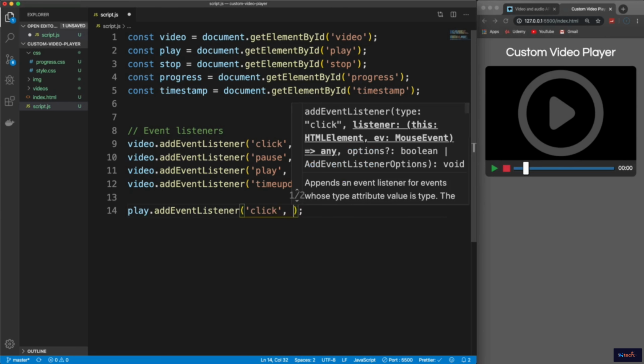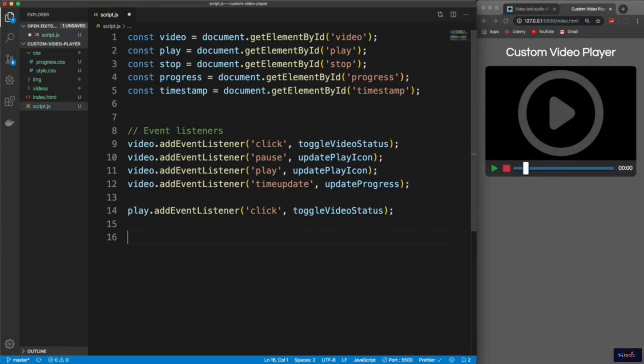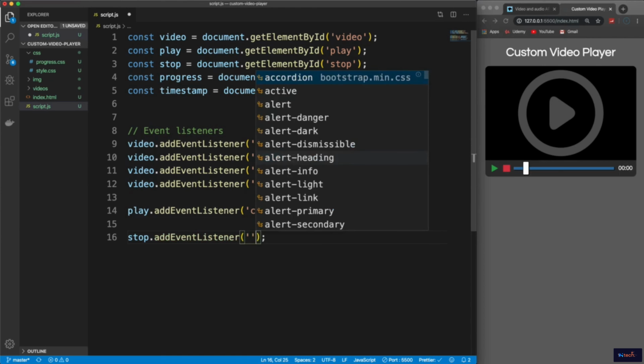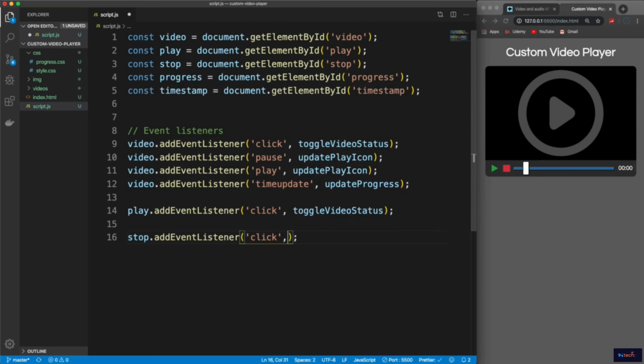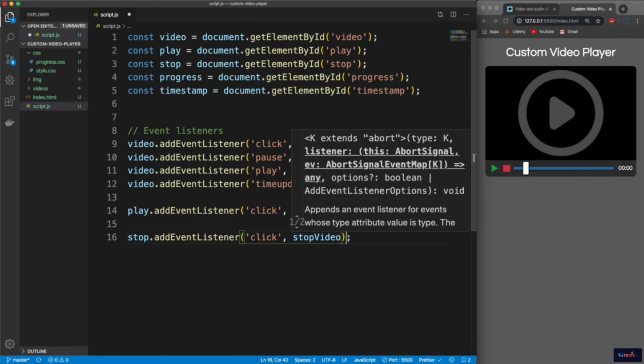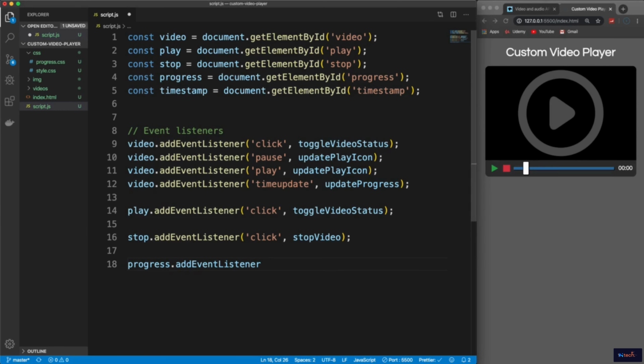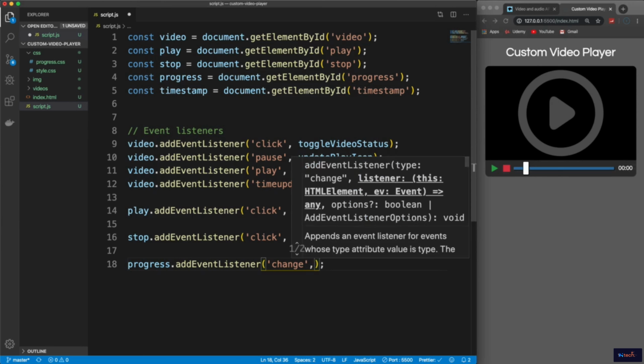So click event, and it's going to call that toggle video status. And then the stop button will have a click event, and that's going to call a function called stop video. And then finally the progress is going to have a change event, because remember it's a range input, so it has a change event. So when you slide it, it'll be called, and we're going to call set